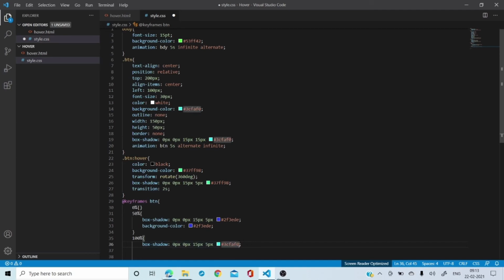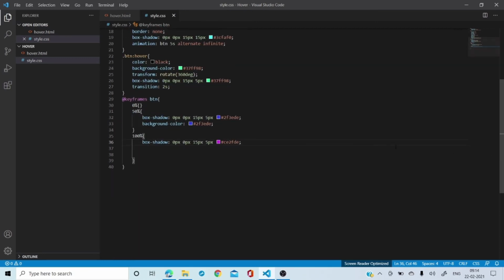And here again, I'm going to change the color, which is hashtag CE2FDE. So that's what my color is.